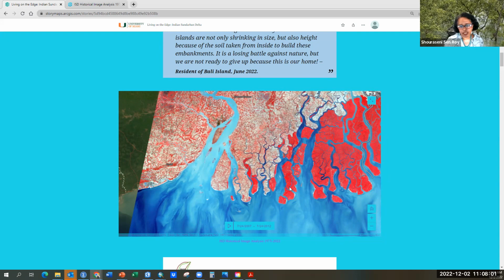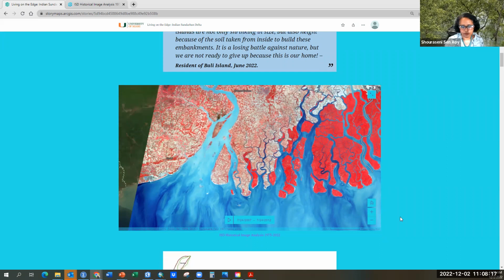It's a very popular tourist area, so a lot of small hotels have shown up on the edges of these islands, which are next to the protected areas. A lot of tourists come here to sight a tiger, and most of the time they don't see the tiger, but they do come for visits here.